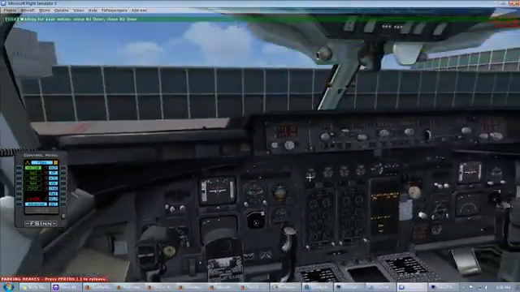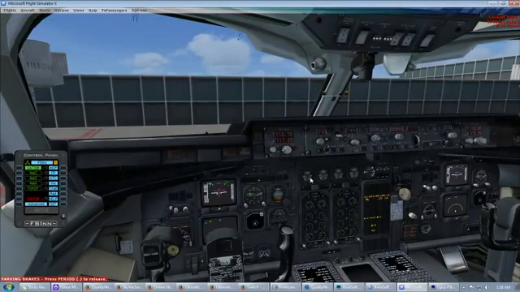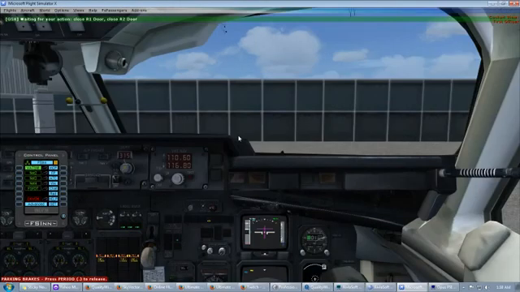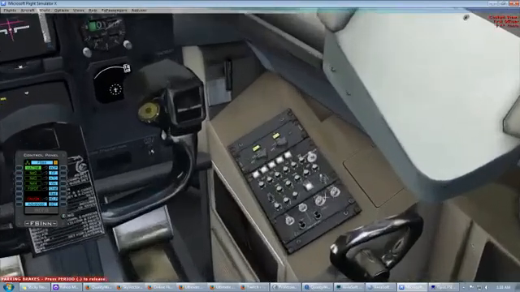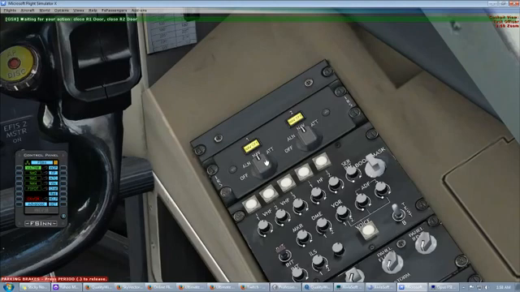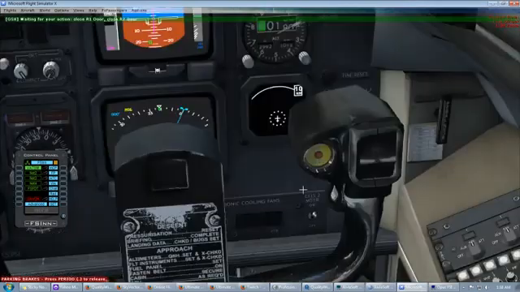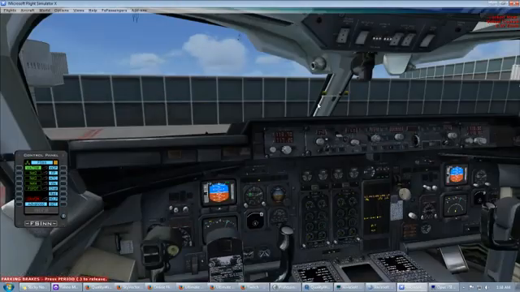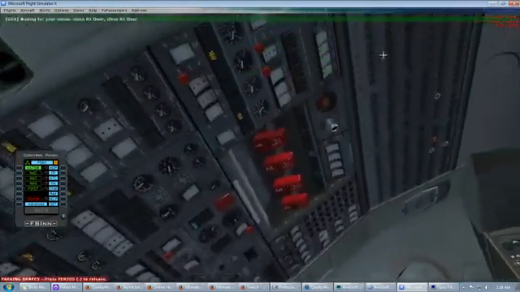So let us go to the IRS section to turn on the IRS, and for that we have to go to the first officer side. Here is the IRS section. We will set it to nav both and wait for it to align. Okay, now we are fine, and now going back to the virtual cockpit mode,